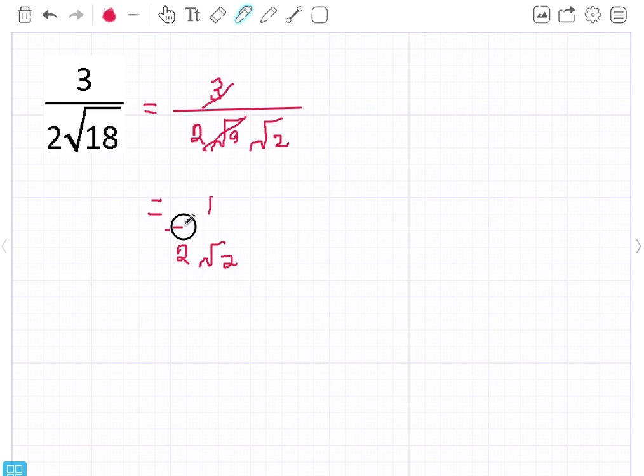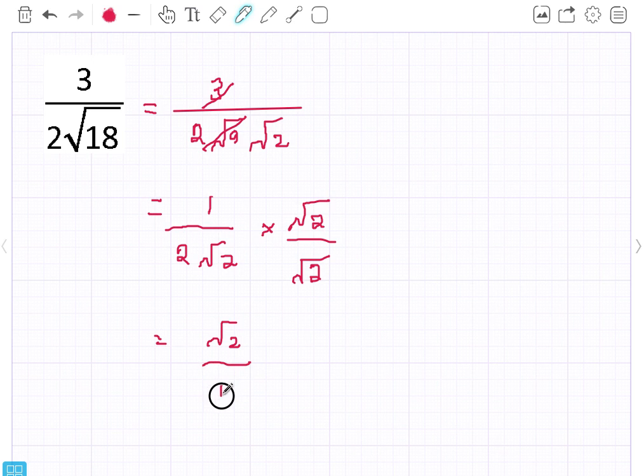root 2. Now I haven't finished. The reason I haven't finished is because I've still got a denominator on the bottom. So now I'm going to times that by root 2 over root 2. So on the top we have root 2. 2 times root 2 times root 2. Well, root 2 times root 2 is 2, and I times it by the 2 to get me 4. And now I've finished. And if you look at that, we've no longer got any surd on the bottom, so